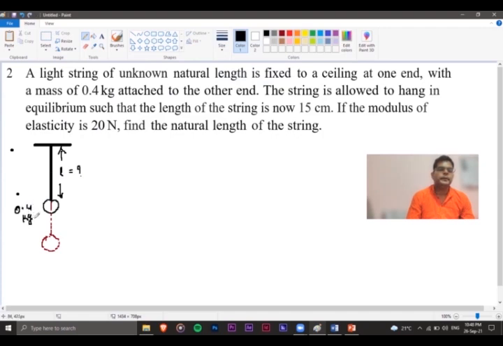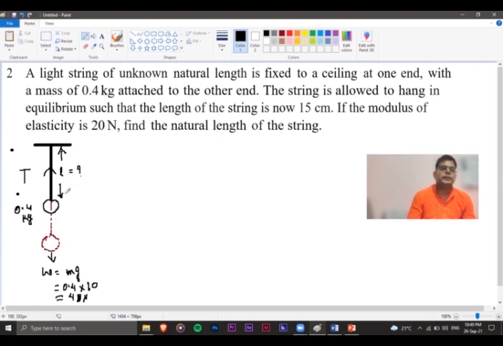kg. And due to gravity, there will be a weight for this body, given by W equals mg, where m is 0.4 and g is 10. We take acceleration due to gravity as roughly 10, so it is now 40 Newton. No, it is 0.4, so it is now 4 Newton. And due to this weight, there will be a tension produced in this string in the opposite direction,